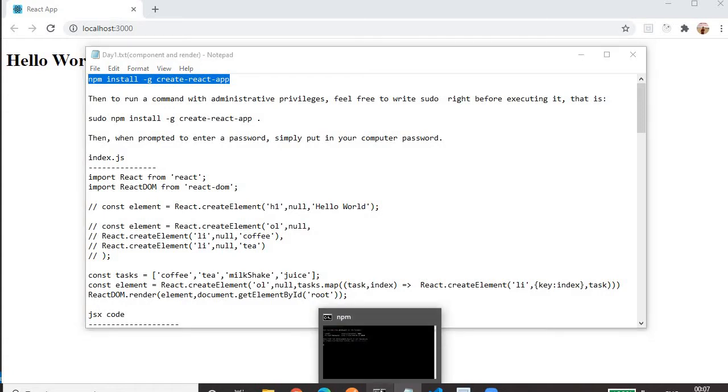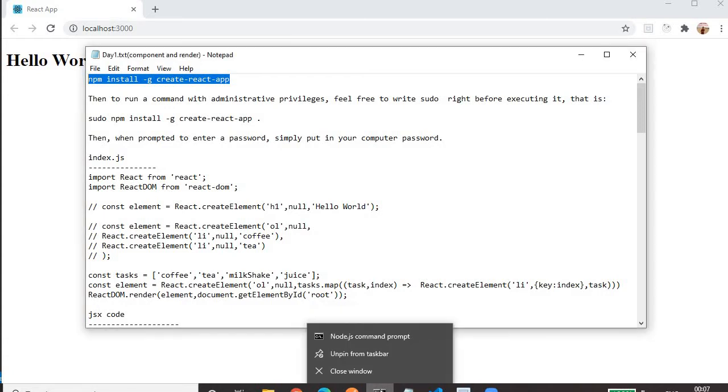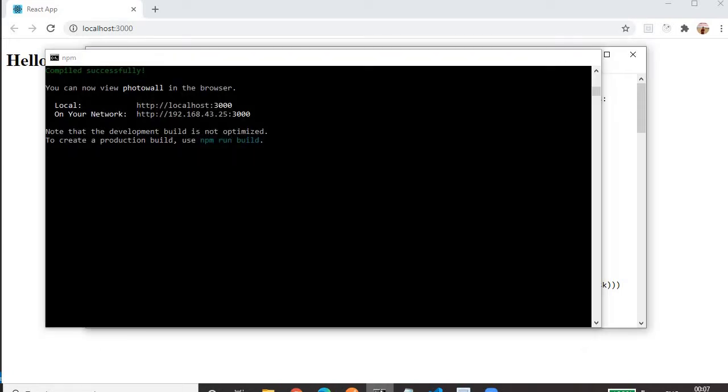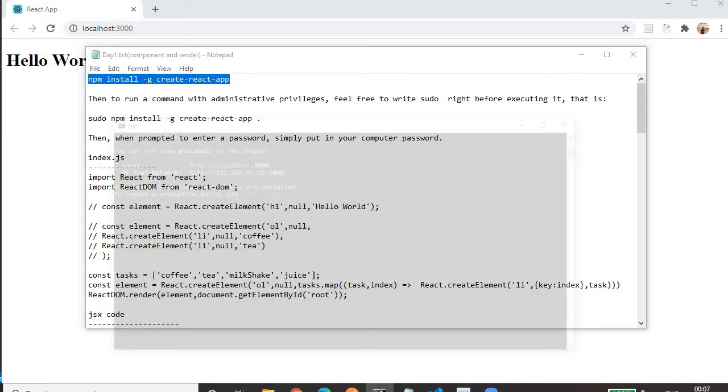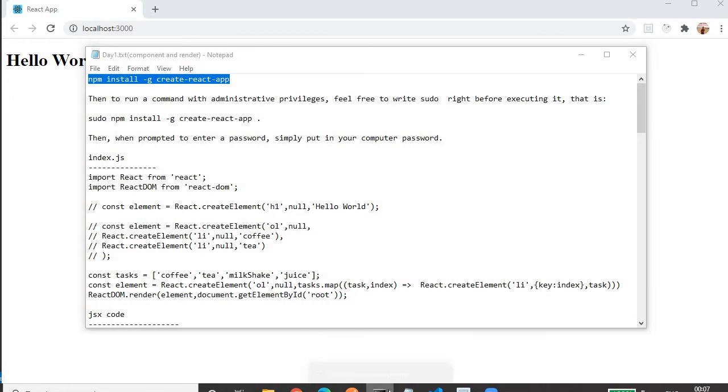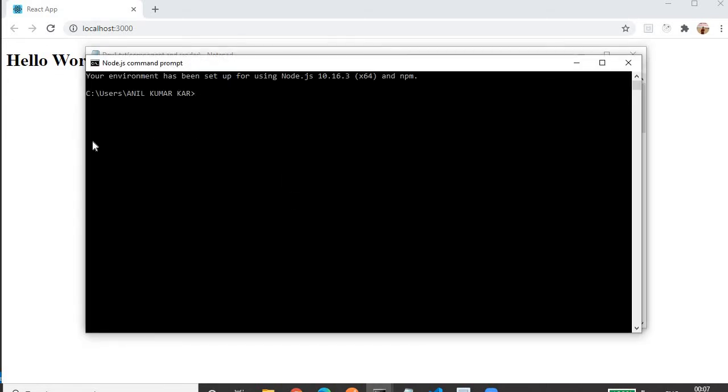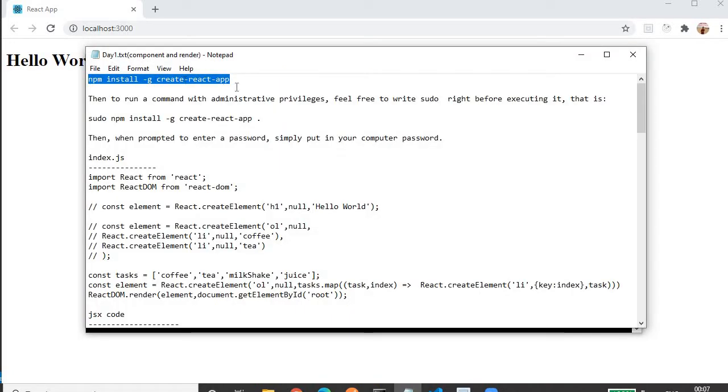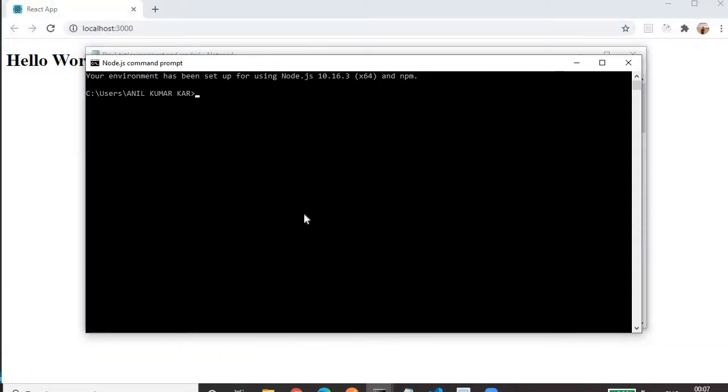So once you install, let's open one more window here. After you run npm install -g create-react-app, the next step is to create a project. For creating the project, go to any folder or any disk where you want to create it.